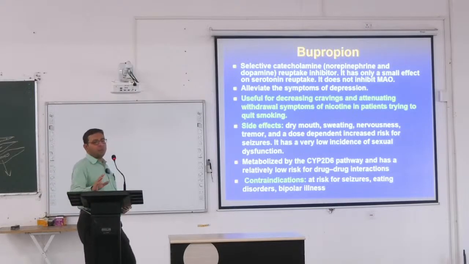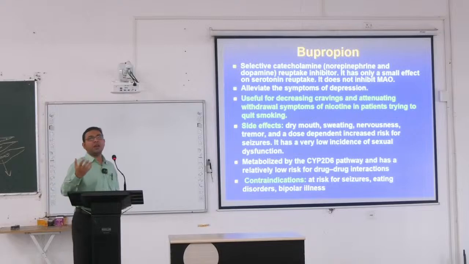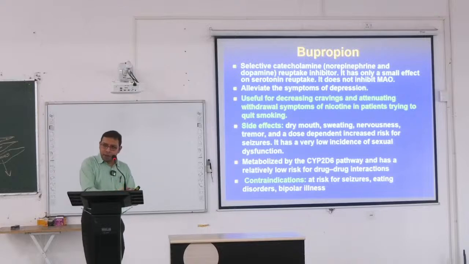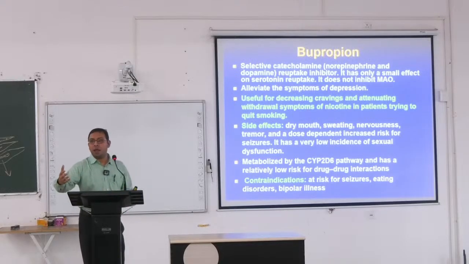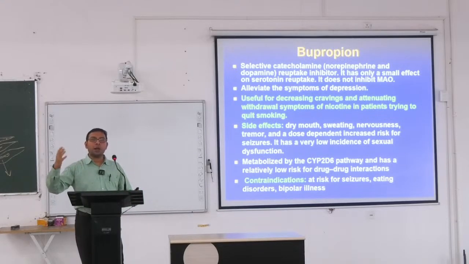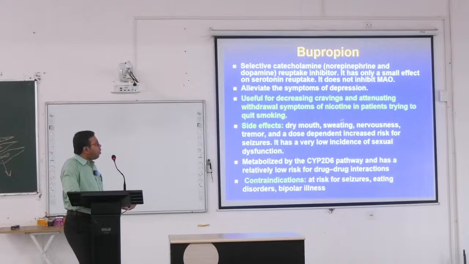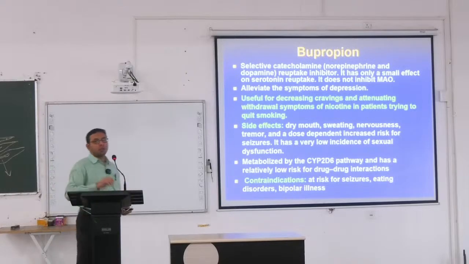তোদের এমসিকিউ বা শর্ট নোট আসতে পারে, স্মোকিং সিজেশনের ক্ষেত্রে কি কি ড্রাগ লাগতে পারে, কোশ্চেন আসতে পারে, বা ভাইভাতে তো ধরাই হয়। বুপ্রোপায়ন is an important drug. So it is useful for decreasing the craving, মানে সিগারেট বা অন্য নিকোটিন ছাড়ার পর যে ক্রেভিংটা হয় সেই ক্রেভিংটাকে কমায়। Attenuating withdrawal symptoms, মানে দুভাবে কাজ করে, একটা হচ্ছে ক্রেভিং কমায়, আরেকটা হচ্ছে নিকোটিনের ওপর একটা ডিপেন্ডেন্স হয়ে যায়, তাই যখনই নিকোটিন বন্ধ করা হবে withdrawal symptoms হয়, মানে restlessness হয়, প্রেসার বেড়ে যায়, ঘাম হতে থাকে, সেইগুলোও কমায় কিন্তু বুপ্রোপায়ন। So it is helpful for quitting smoking. Side effects হচ্ছে dry mouth, sweating, nervousness etc. হতে পারে। সাইটোক্রোম দিয়ে মেটাবলিজম হয়। Contraindication হচ্ছে etc. etc. So বুপ্রোপায়নে যেটা মনে রাখতে হবে, স্মোকিং সিচুয়েশনে কাজ করে।